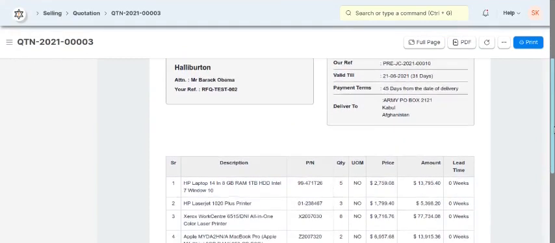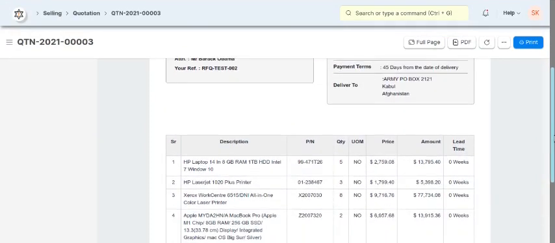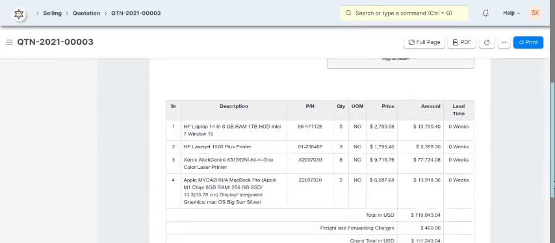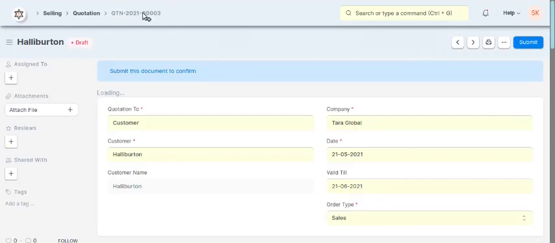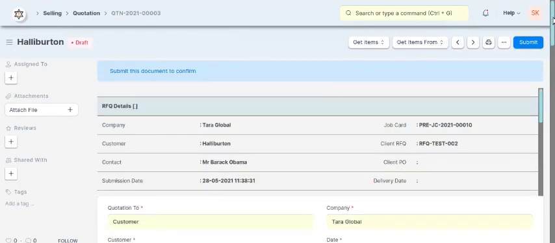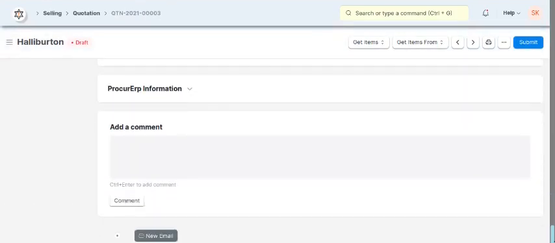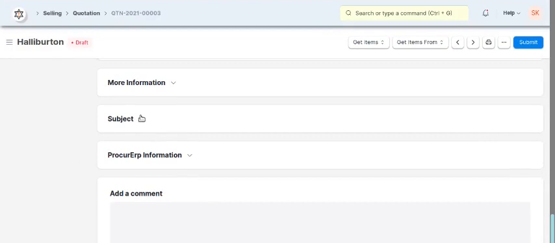so this is the quotation print format. Now suppose you want to write some subject over here, like please find below our quotation. What you can do is go to the quotation and scroll down. This is the subject section.